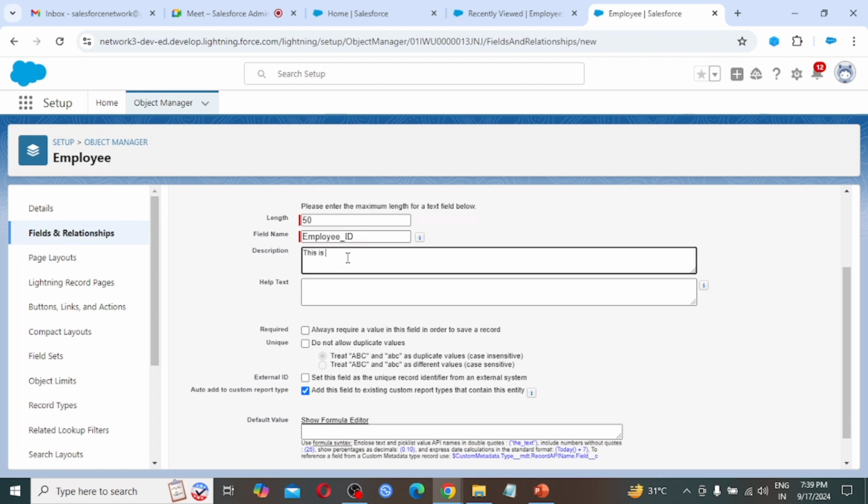This is to store employee IDs. Help text we can also give.